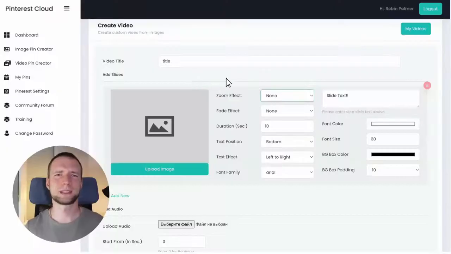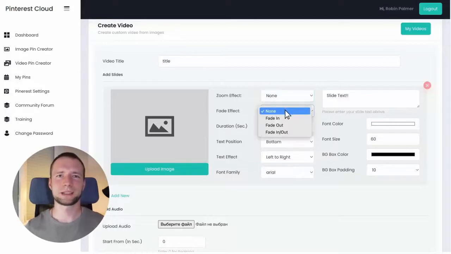Once again, those are copyright free. Let's talk about all the controls on the right. The zoom effect will go in or out on the image, so it looks more dynamic. Fade effect adds this cinematic fade to black, either to start, end, or both, which is useful to make transitions between slides